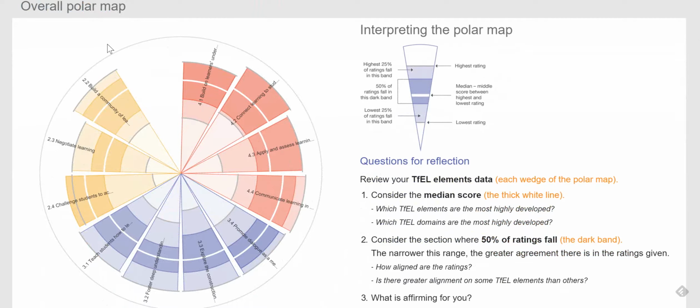So the criteria I checked was 2, 3, 4 into 1, 2, 3, 4, and you can always see where you are, and this is the explanation. So this is the median of the responses. You see the range here. I have very high and very low responses. This is the lowest rating, and this is the lowest rating here